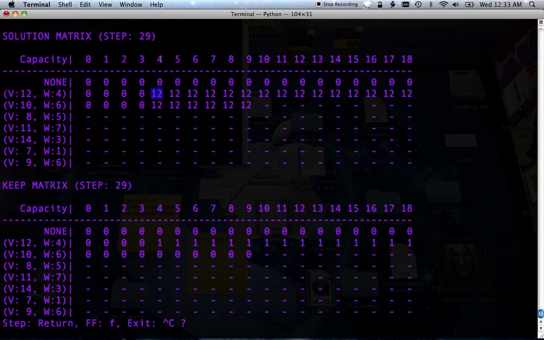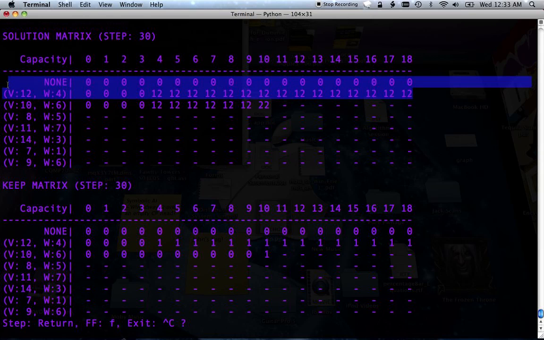Okay, so this is the column. Hopefully you can see the cursor. It's a knapsack with capacity 4, and with these other items, 12 is the best. So we do 12 plus this 10, which is 22, and that goes in there. And these are the checks that the computer is taking into account. Sorry, I should have also said, skipping ahead, it also checks, well, what if we don't take the item? If we don't take the item, we solve it for the same problem, and for the other items, which are these,